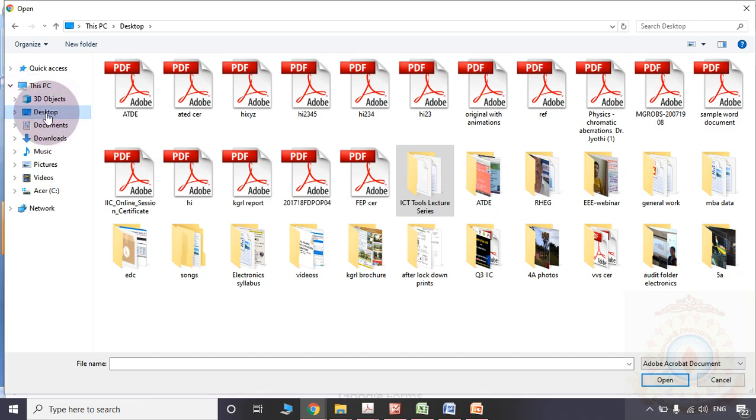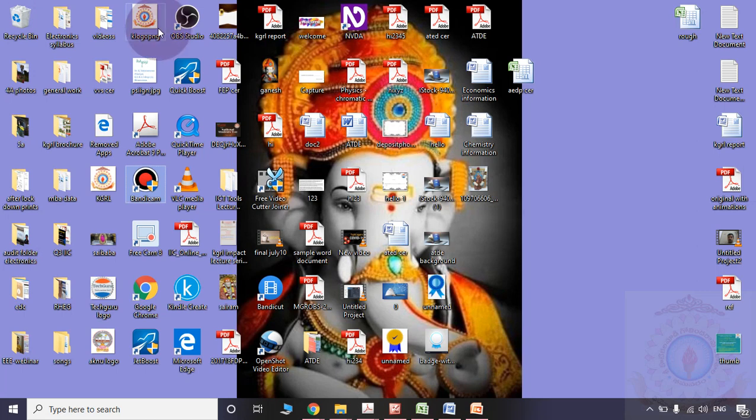Please observe in this box there are no items other than PDFs. Only PDFs are appearing. But really on my desktop some images are also there. Ganesh image, Sai Baba image. Some images are also there.